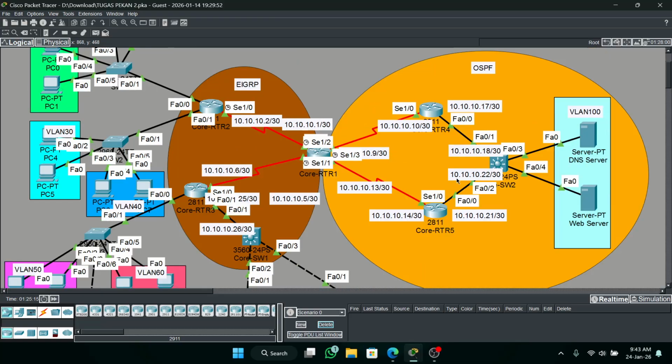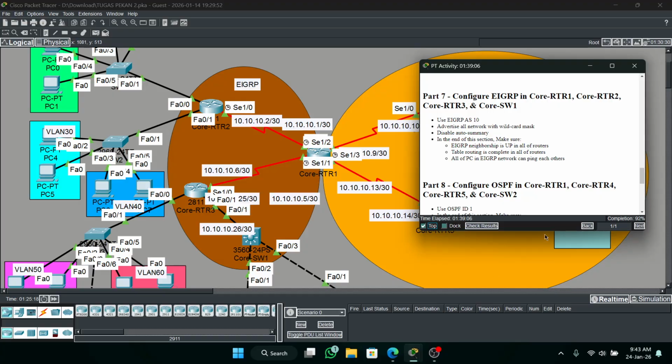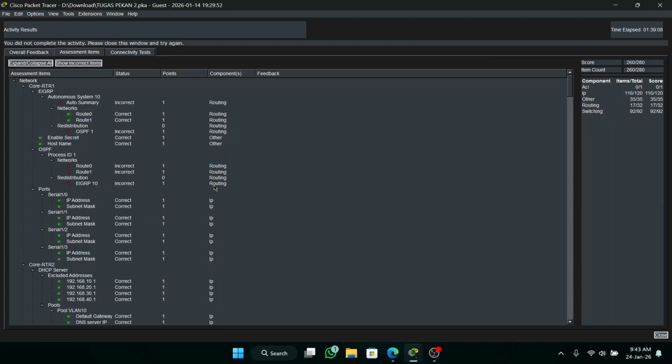Next, you go to OSPF. Okay. You can read the activity. It's 92%. Okay.